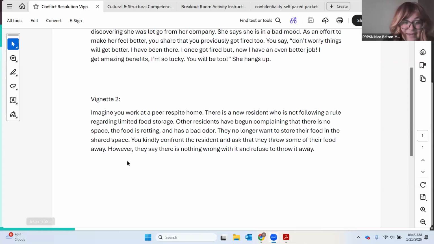So, do we have any ideas for how to approach the situation or how to come up with a resolution? Because this one is complicated. I think for the phone one, it was a little obvious that I was not showing up right. But this one, it's hard, right? Because we want to respect the person, but there's also a community, and we want to respect the group as a whole. So do we have any feedback on this?